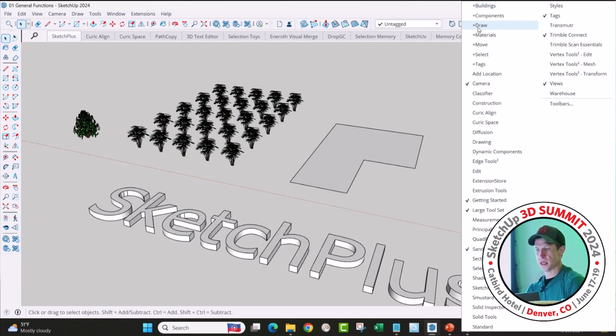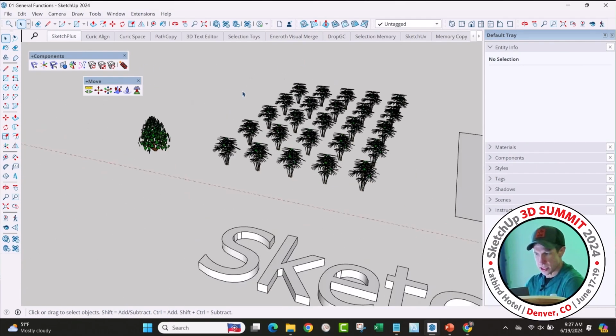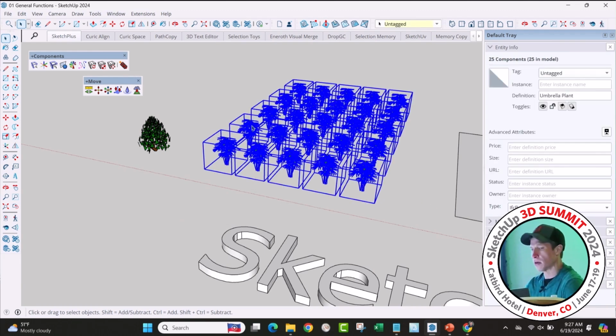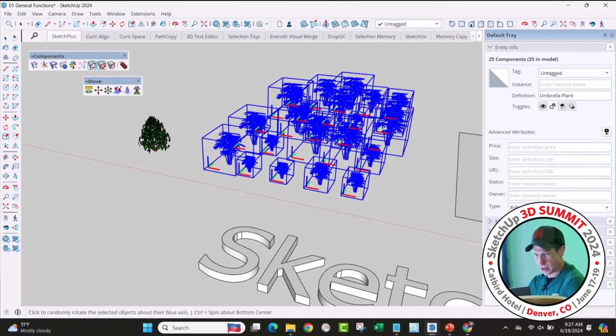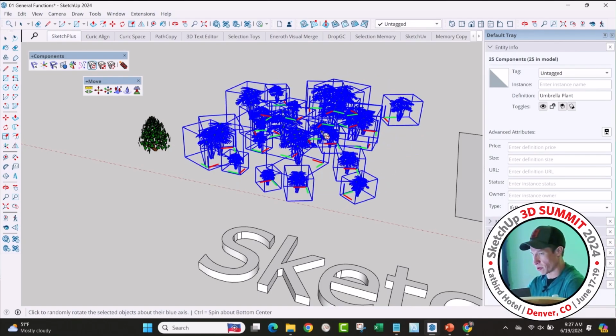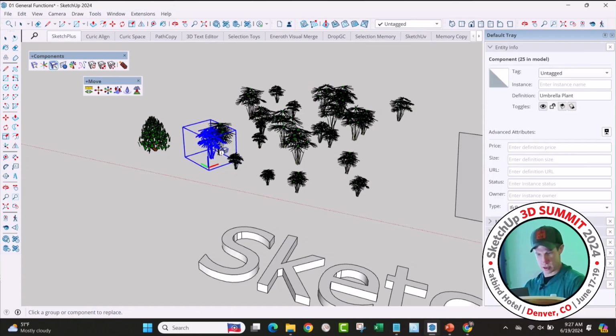Okay, so Sketch Plus is an extension that has a ton of tools that aren't natively built into SketchUp, but it's got some interesting things in it like, let's see, components. It's got things like random rotation and scale. It can randomly scale objects, it can randomly rotate objects. It's also got a tool built in for doing component replacement. So for example, if I take replace component here,